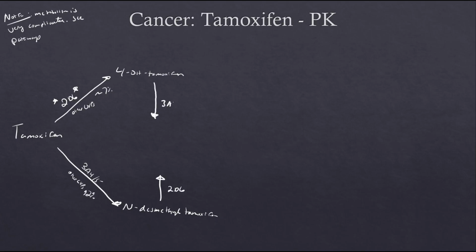Then finally, these two metabolites are actually transformed kind of in a flip. First 4-OH by 3A4 and N-desmethyl tamoxifen by 2D6 into endoxifen, which then is demethylated into norendoxifen. And so the critical reason that we're showing all of this is because when we look at the PK side,